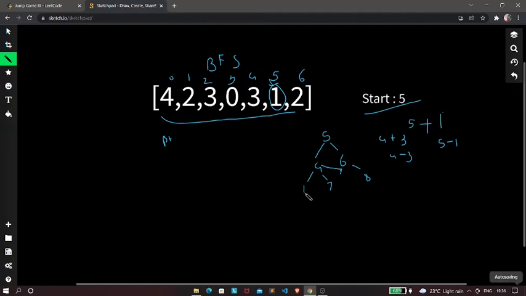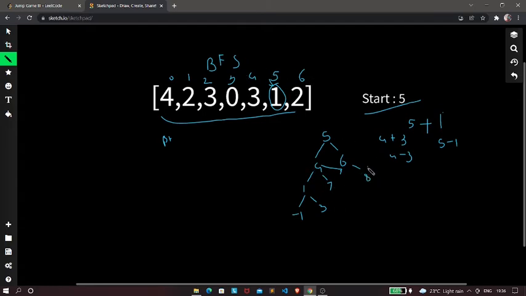Now from index 1 we can either go to index 3, or we can go to index 1 minus 2, that is minus 1, sorry. Now from 7, we are not going to consider this 7, right, because it is not present in this array.